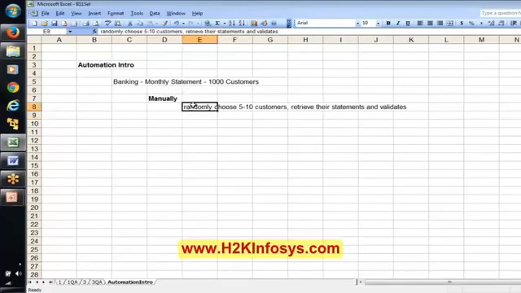Here we are randomly choosing 5 to 10 customers out of these 1,000 customers, and for these 5 to 10 customers, if the application is working perfectly, I think we can conclude that this is working fine. This is how manual testing generally follows. But it is not going to give 100% confidence, right? Because it's more of a banking application, and if you test like this,